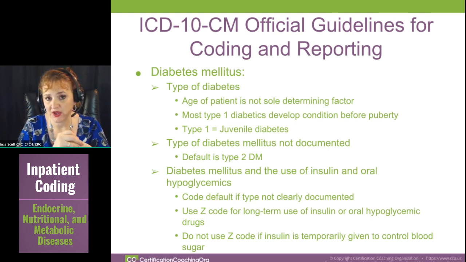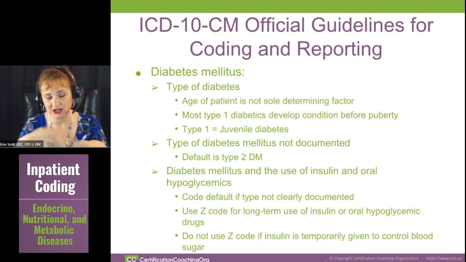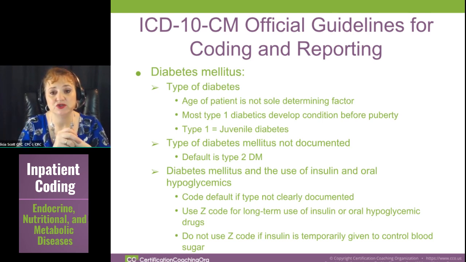Now, you also have a Z code for a temporary use of insulin to control blood sugar. Think about that. Why would you temporarily give somebody insulin? Maybe there was a trauma to the pancreas, and so therefore we needed to control their blood sugars. Patients who have open heart surgery, when they wake up, their body doesn't produce insulin properly. There's a little bit of a time period there where their blood sugars kind of trips them into a diabetic state. And usually before they leave the hospital, they can just, you know, regulate it with